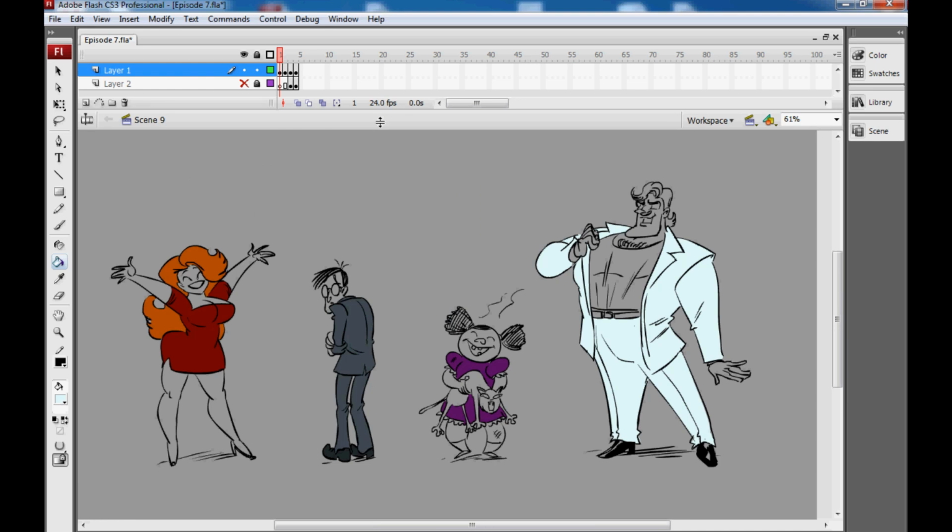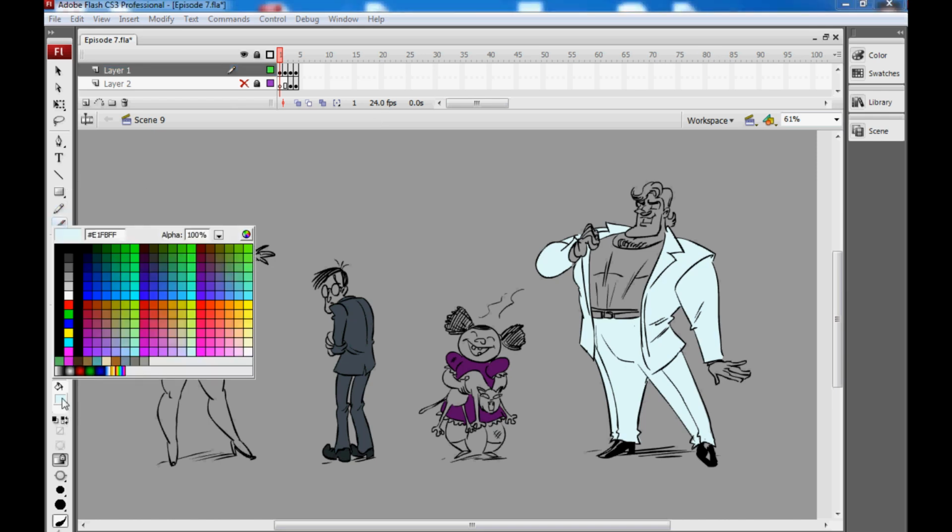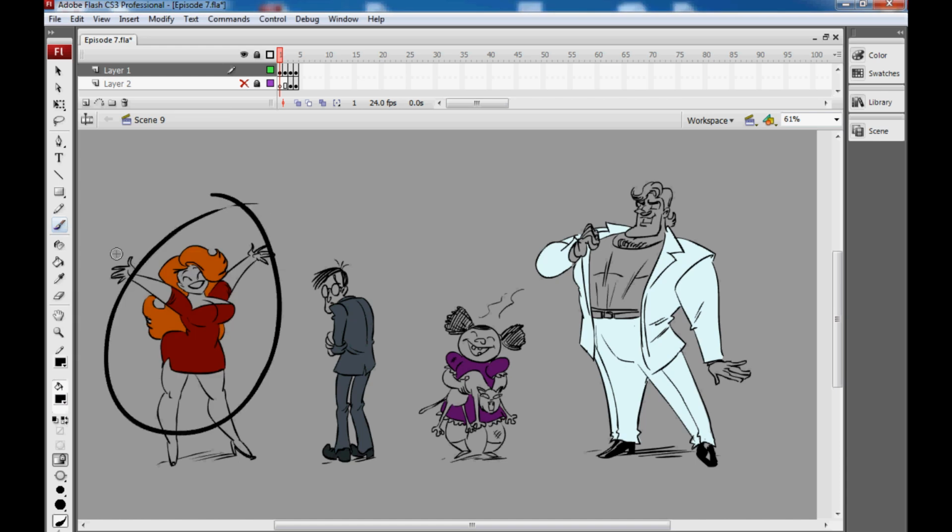Okay, so even without having all of their own skin and hair colours, we have 4 pretty distinct looking characters, at least from a colour perspective, and that can really help when you're designing the colour for the world of your cartoon. Now, even if you have 4 characters that are very similar, let's say we had 4 wild, in-your-face party animals, a lot like the lady here, well, even then I think you'd have to find different ways to